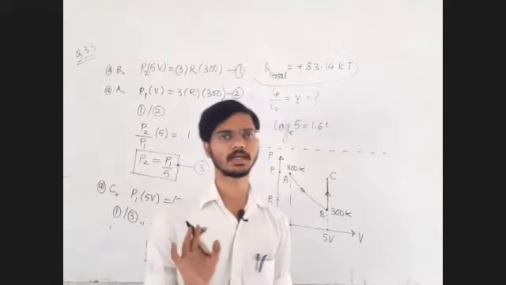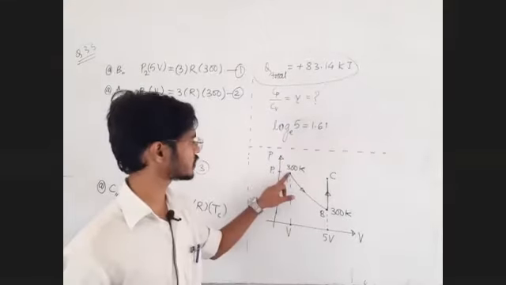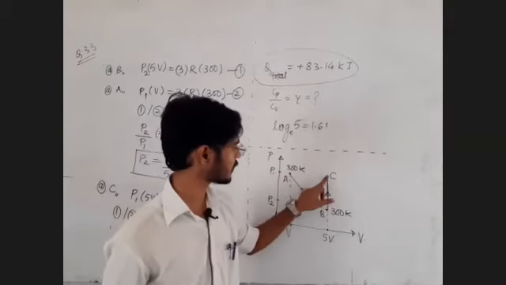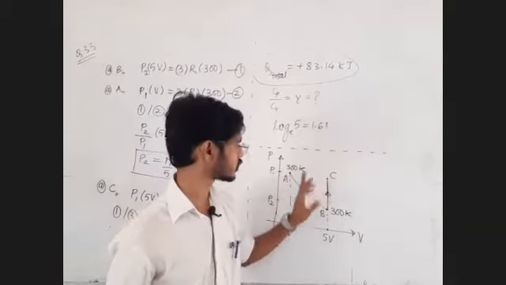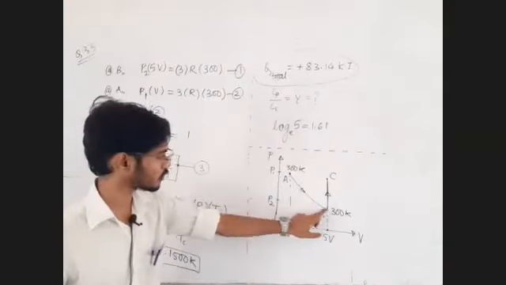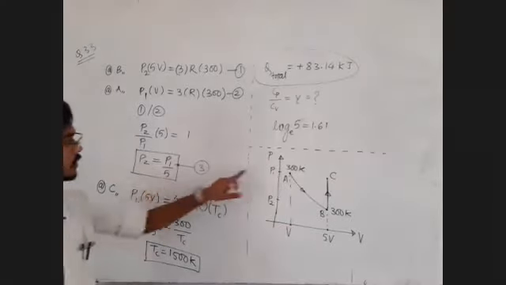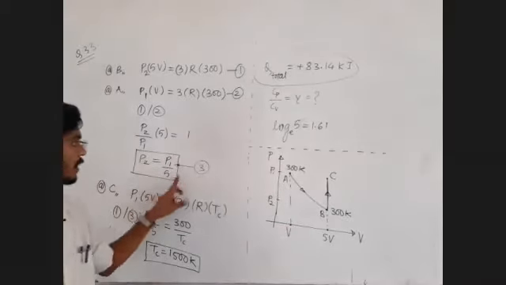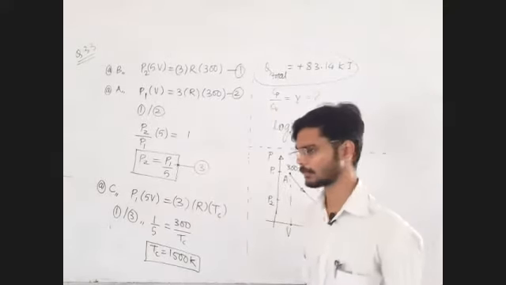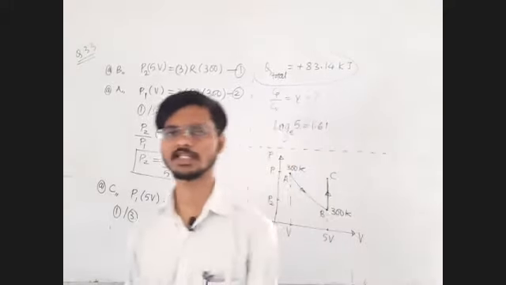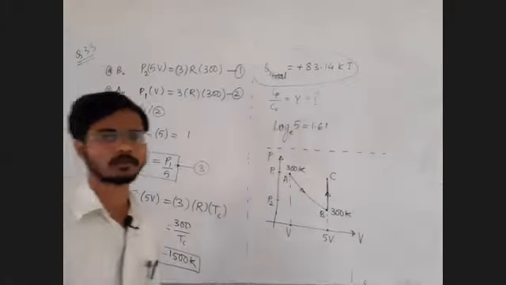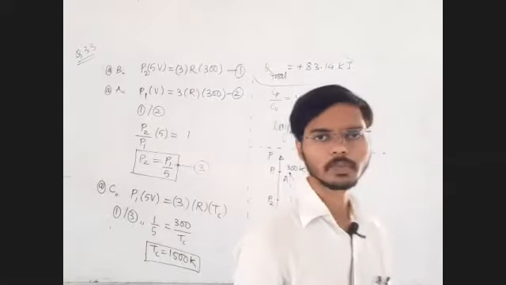I try to find out temperature, pressure, volume data at this point, and temperature, pressure, volume data at this point. That I have calculated. Now I have the data of this pressure also. This pressure is P1 upon 5. Finding out temperature, pressure and volume data at each and every point. Is that clear to all of you? Yes, good.